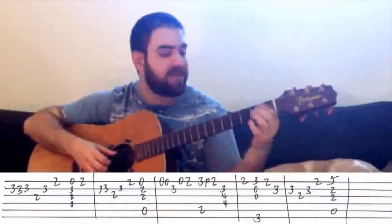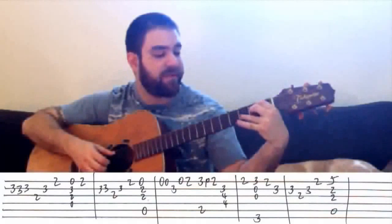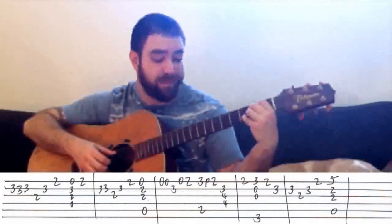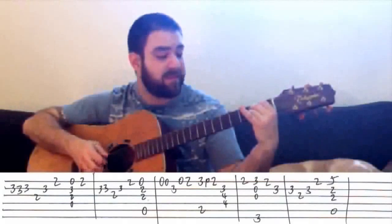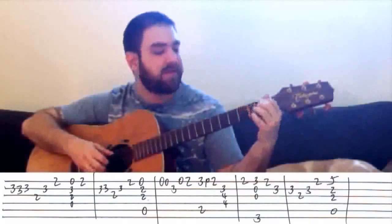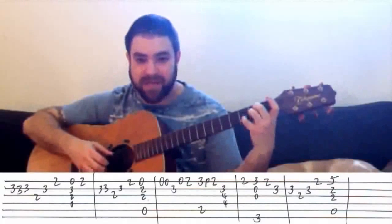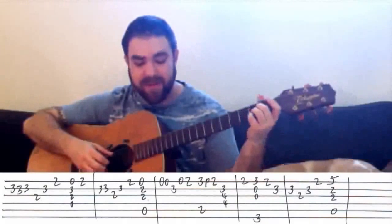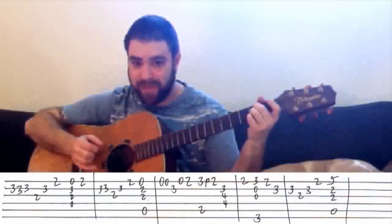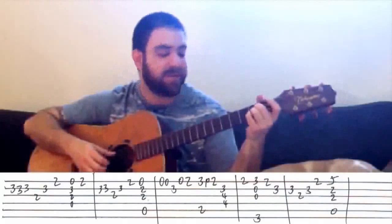That's just how I'm used to doing it. You can put it on like this, and then you're using your third finger for the third fret of the B string, or you can put on your pinky. So it's this. Okay, and then, okay, so it's the open E string twice, 3 on the second string. Then on the E string, it's 0 and 2. Okay? You're still on the A chord up till now, so it's...